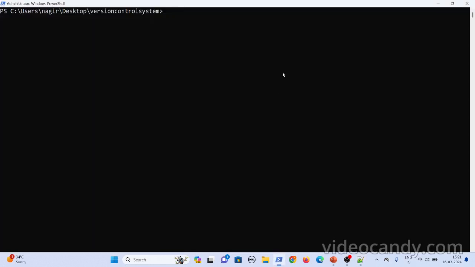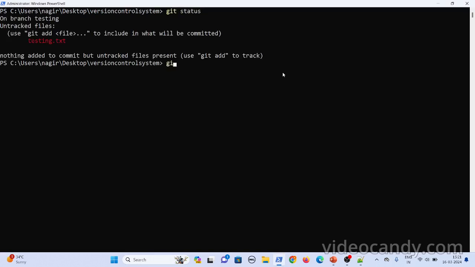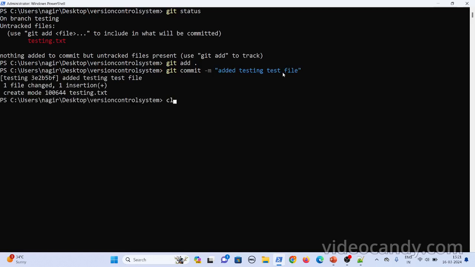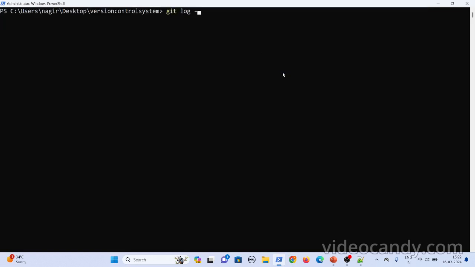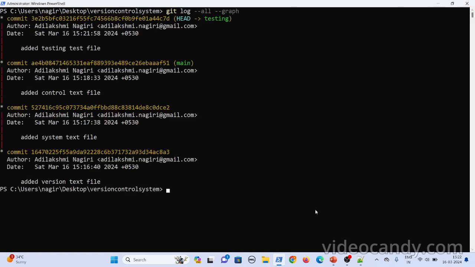So what I'll do is git status. I'll add it to the staging area and commit it: added testing test file. Now if I run git log --all --graph, here if you see,